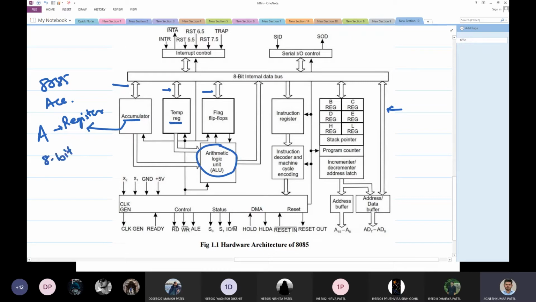So here register A or accumulator is the primary register of 8085, which is used in processing the data or which is connected with ALU. So for all the operations, whether mathematical or logical, register A would be part of that operation. Why? Because register A is directly connected to ALU.